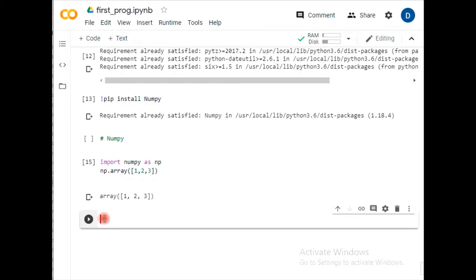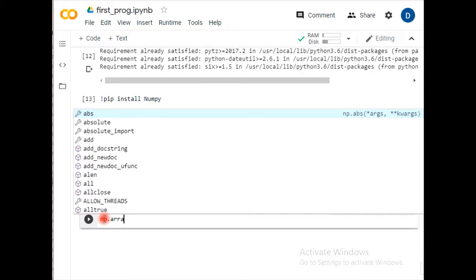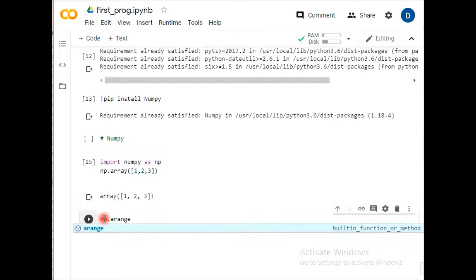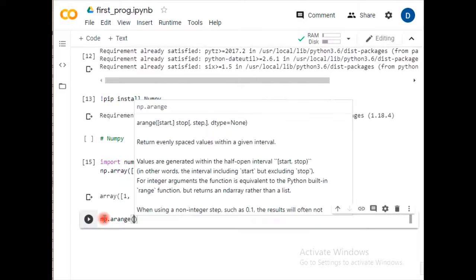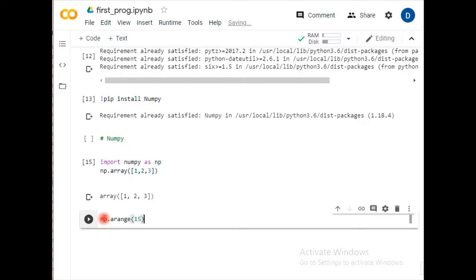Similarly, if an array is required to be generated in a sequence, np dot arange, 15, like that. So I've just used one thing. It is basically giving a numerical range. All the contents of np are arranged from 0 to 15. It is helping us here.